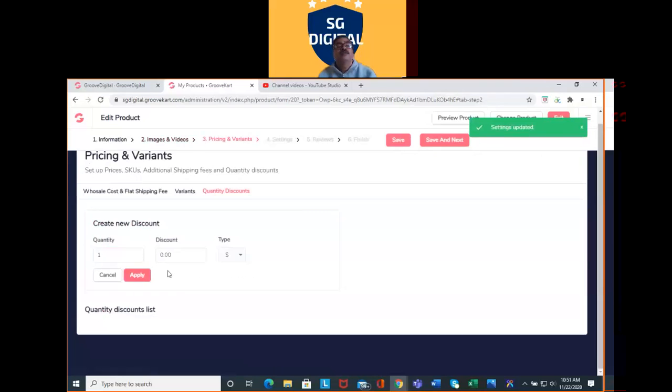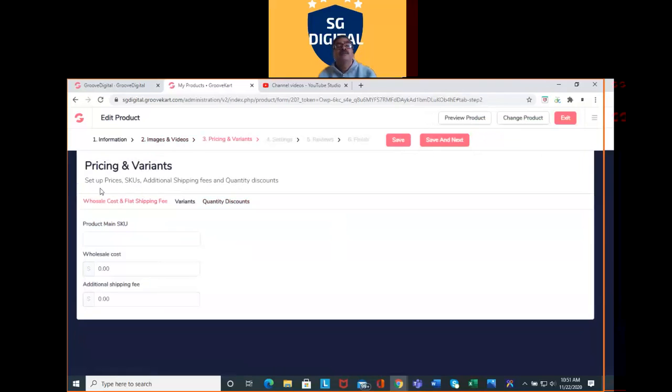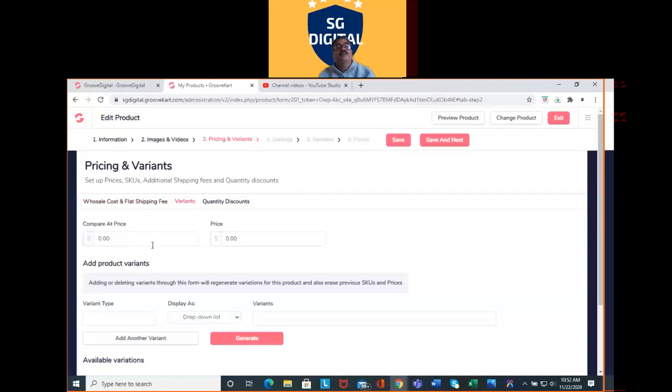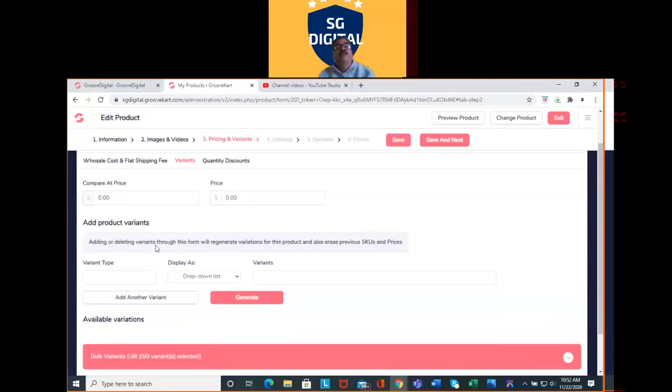Now it's saying about wholesale cost, flat shipping cost, additional shipping fees, SKU. If your product is for wholesale, you can put your cost. What is the additional shipping cost for physical products, and you can put the SKU code here. Now variants, we can compare the prices.